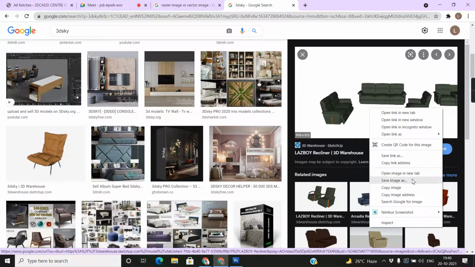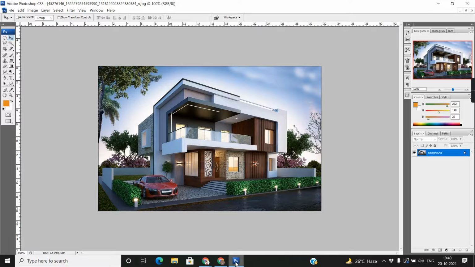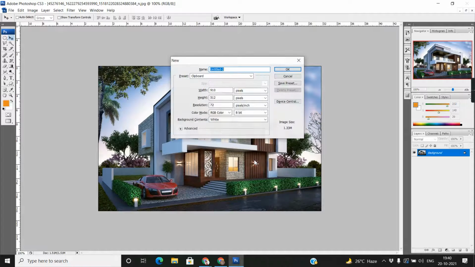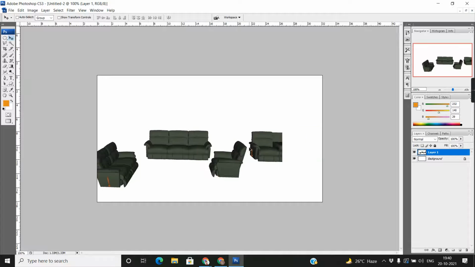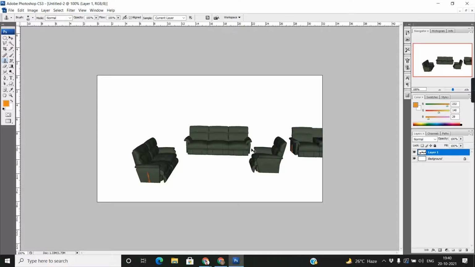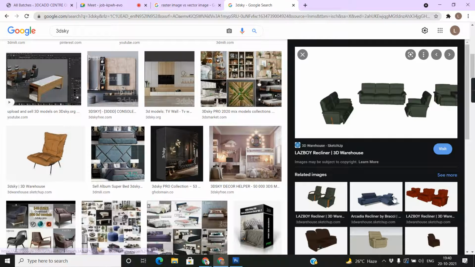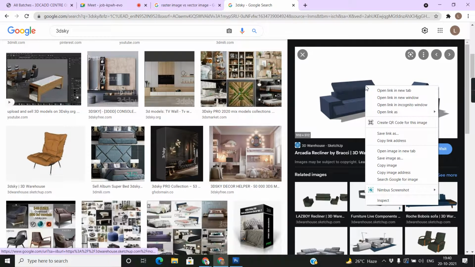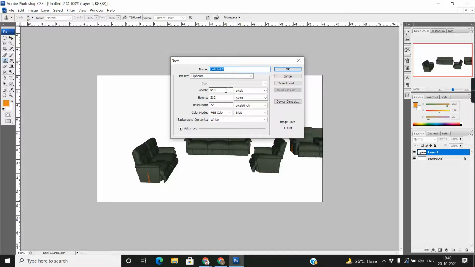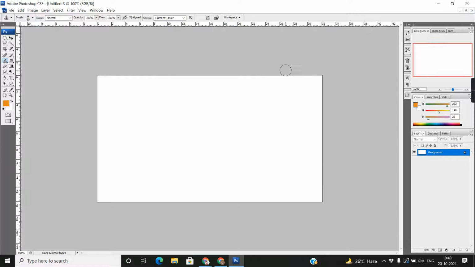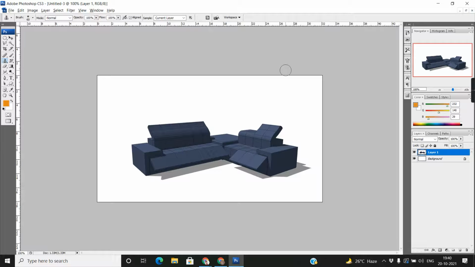Just right click, use Copy Image, go to Photoshop, Control N. When I type Control N, it automatically takes the size. Okay, and press Control V. See, look at the size, 910 by 512. Copy image, Control N, 910 by 512. Okay, Control V.